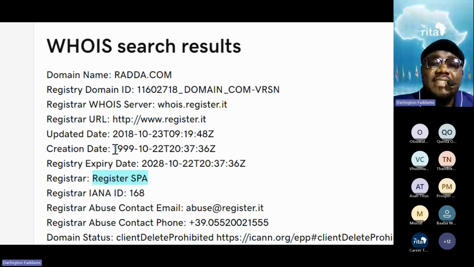Look at the creation date. Radar.com was registered in 1999. One time you are going to meet a client who will tell you, "I told you my name and you went and registered it behind my back." Tell the person, wait a minute. Take the person to Who Is, and you will know when the name was registered.